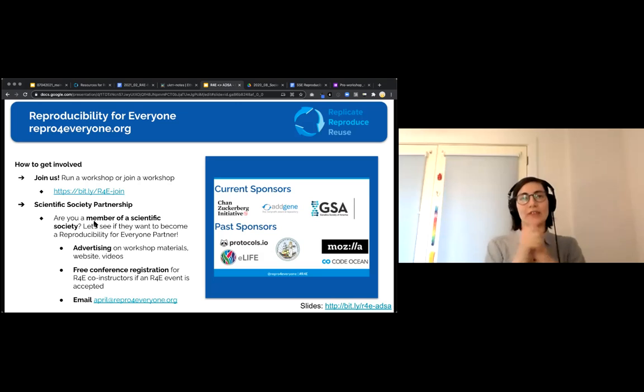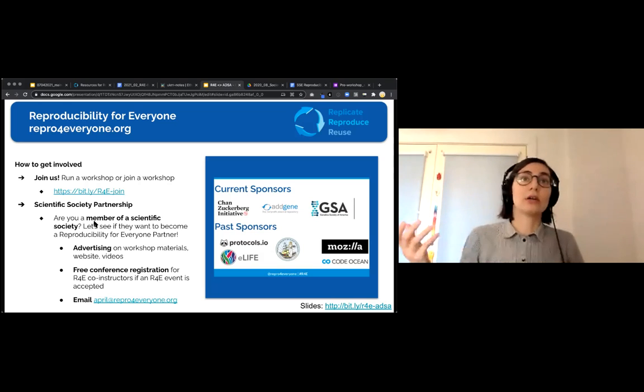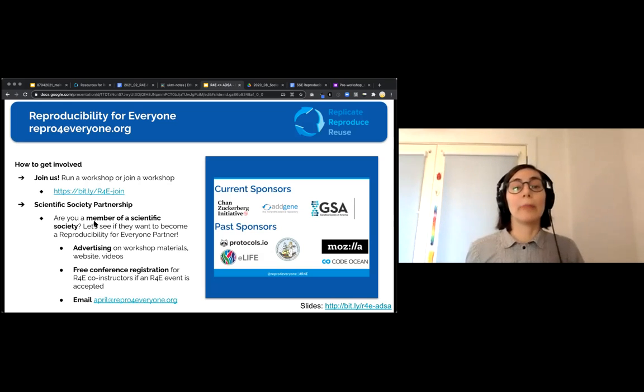So there's a lot of different ways to get involved. The most common type of volunteer we have is someone who wants to run a workshop. So I say here, run a workshop or join a workshop, and that's because some people want to run a workshop at their institution, and they just want the materials and they're just going to run it, and we can help them get organized and practice and answer questions, but they're really kind of doing their own thing a little bit. And some people want to join a workshop that's already been accepted at an upcoming conference, and they just become one of those 4 co-instructors.